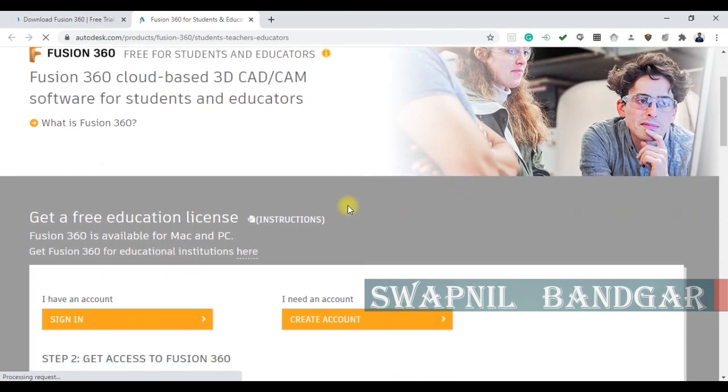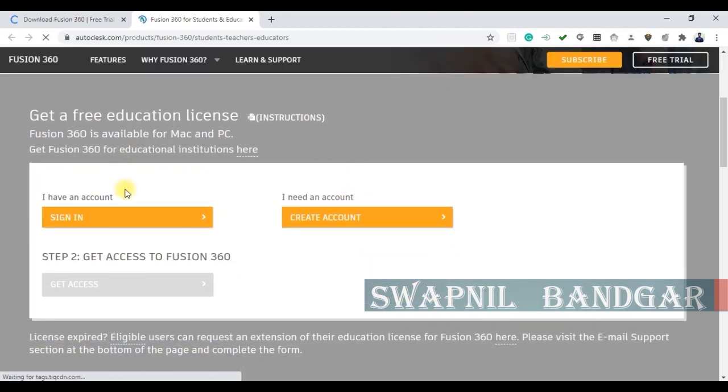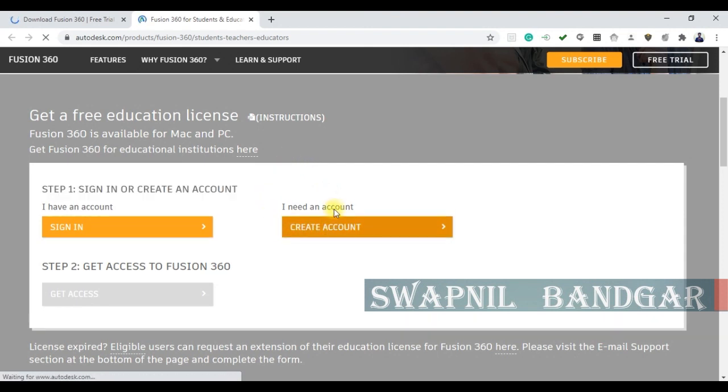On this page you will need to log in, or you need to create your account. If you already have an account with Autodesk, you can use that account, or if you don't have an account, then you will use create account.